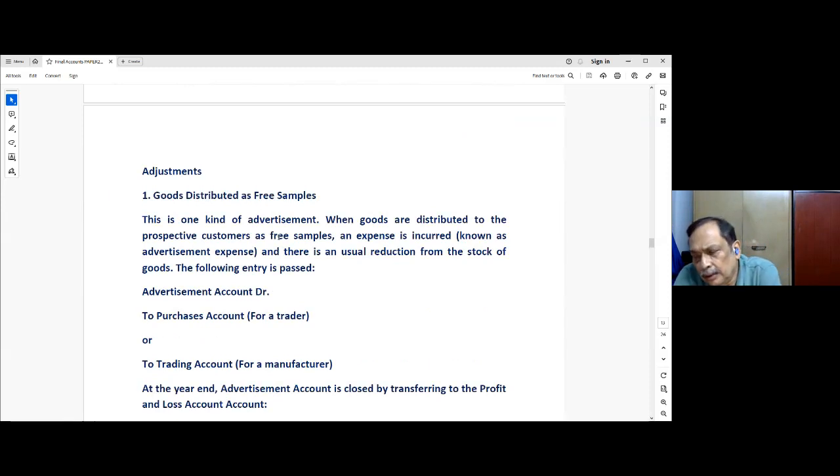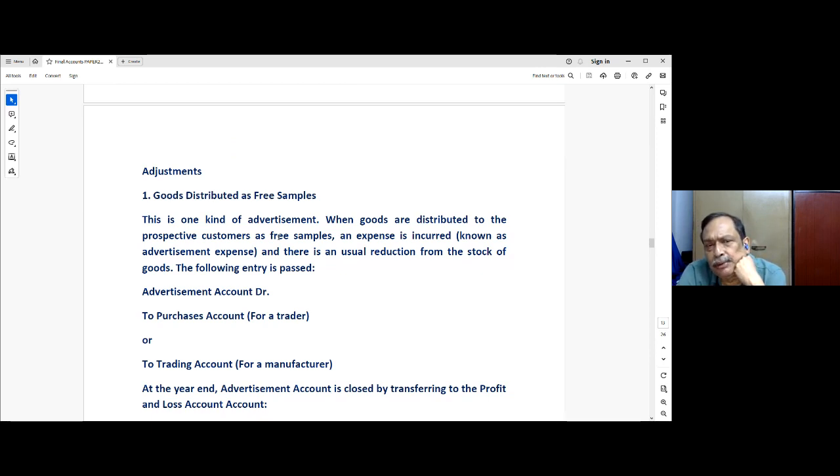Now, in the context of preparing the final accounts, that is trading, profit and loss account, and balance sheet, there are certain adjustments which are required to be passed, and we will be discussing these adjustments one by one. Number one,